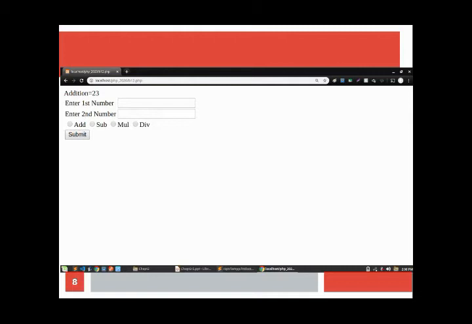Whether it is addition, it will take the addition, whether it is multiplication, it will take the multiplication, whether it is division, when you submit, the division answer will be displayed there. Here for addition, we have taken two numbers and the addition of the two numbers will be displayed here: addition equal to 23. So according to the radio button, the value will be displayed.